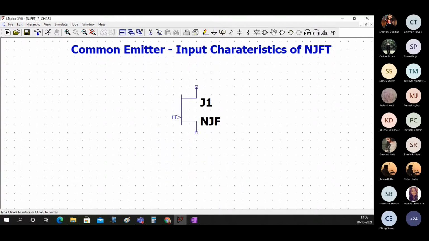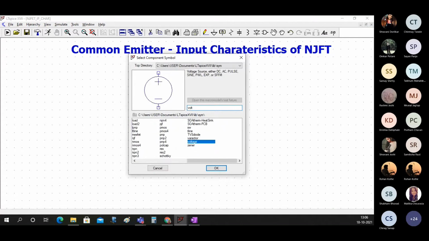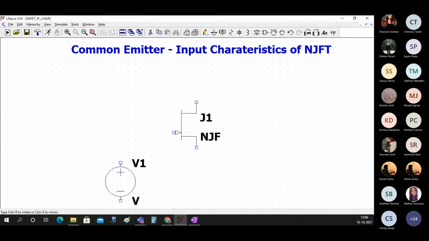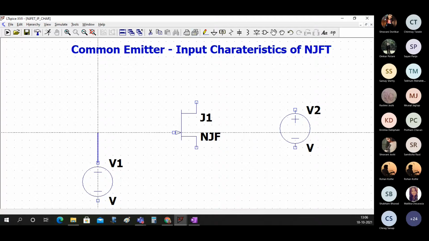We will select that here, and then we will add two sources. Let's say I'll add a voltage source. I'll call it V1, and here we will call it V2, and then let's join this using some wires.